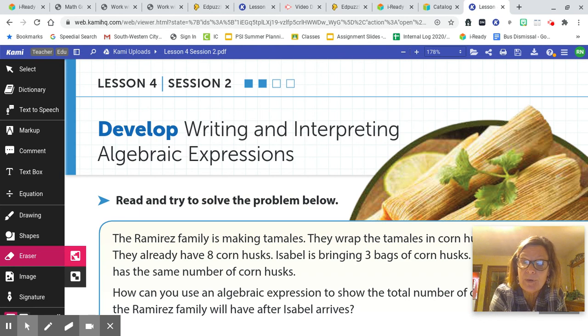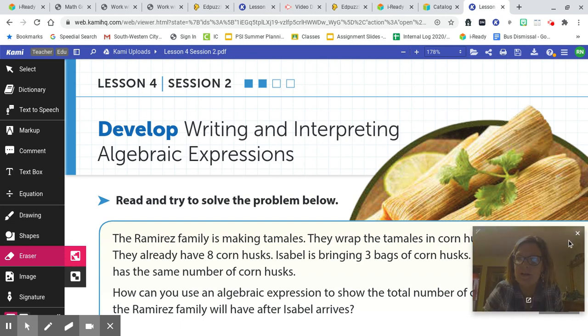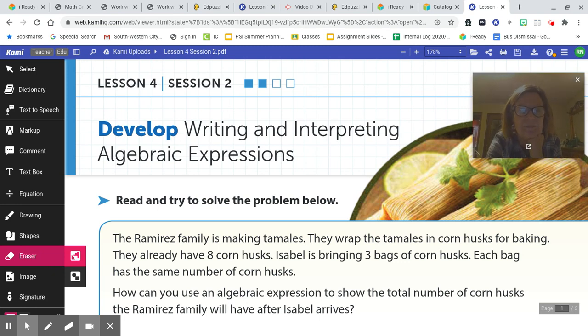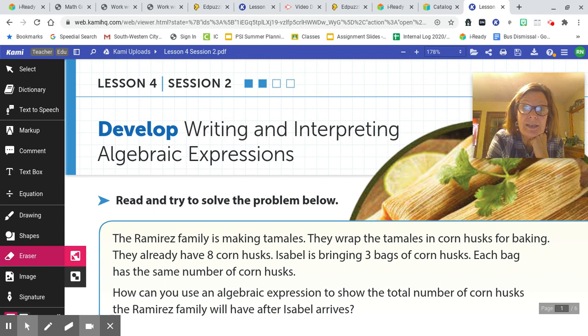So we're going to read the problem below and see how we could represent this situation. So the problem is the Ramirez family is making tamales. They wrap the tamales in corn husks for baking. They already have 8 corn husks. Isabel is bringing 3 bags of corn husks. Each bag has the same number of corn husks. How can you use an algebraic expression to show the total number of corn husks the Ramirez family will have